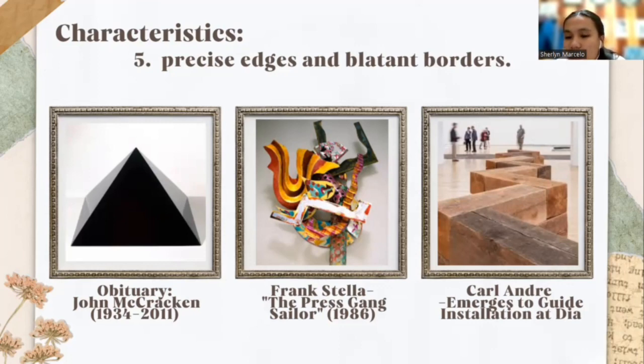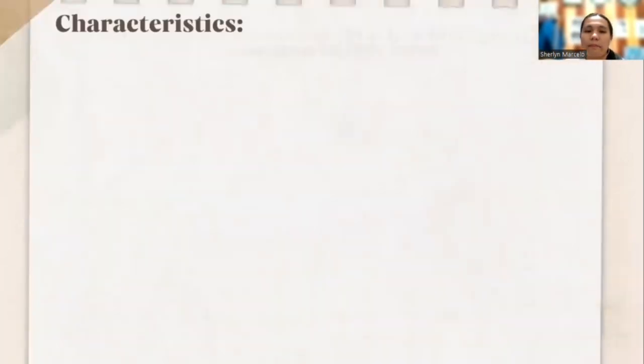So next is Carl Andre emerges to guide installation at daya. So here naman, makita niyo naman yung tamang places ng wood, 'di ba? Makita niyo yung mga precise edges niya, which is zigzag, 'di ba? Zigzag yung order nung kahoy. So may precise edges din siya. Isang artwork lang talaga siya. So that is considered as minimalism art. Next is